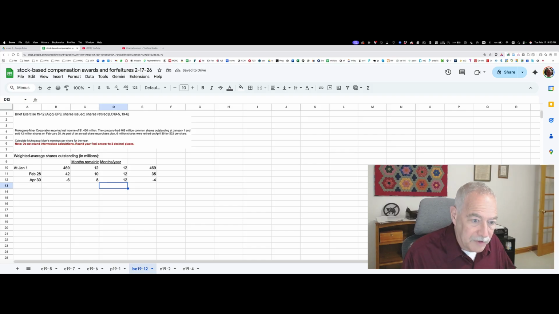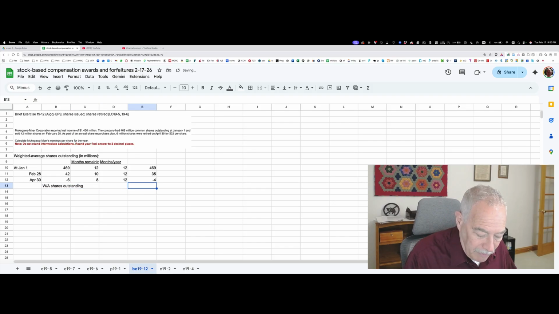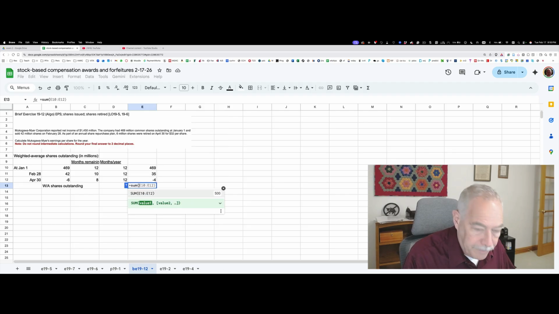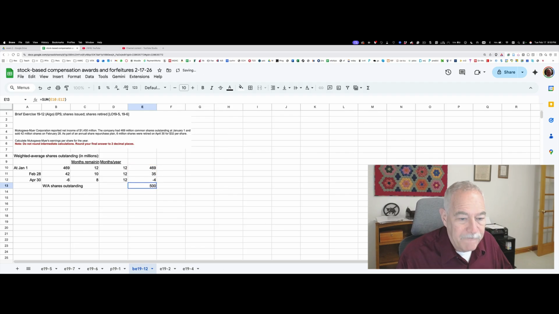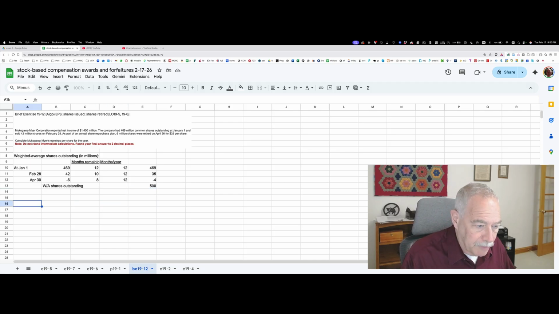And then this is our weighted average shares outstanding. It is going to be the sum of these, which equals some 500 million shares. So now when we calculate earnings per share,